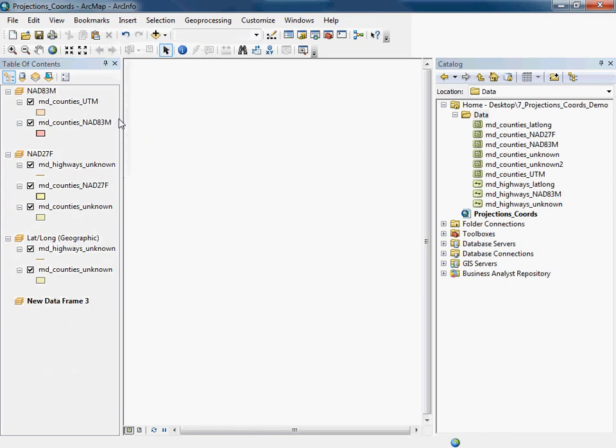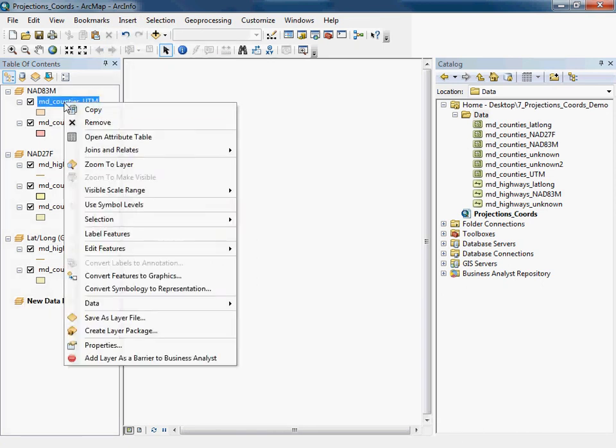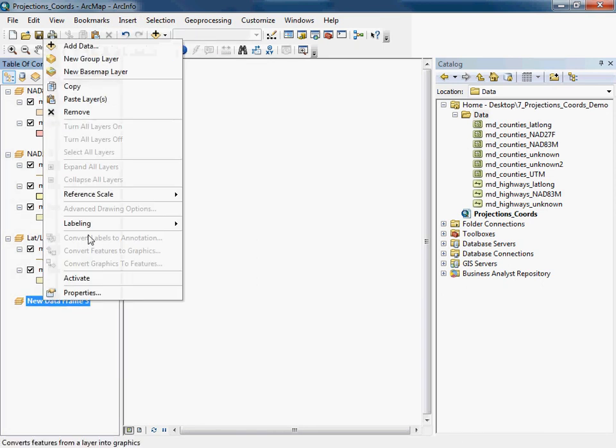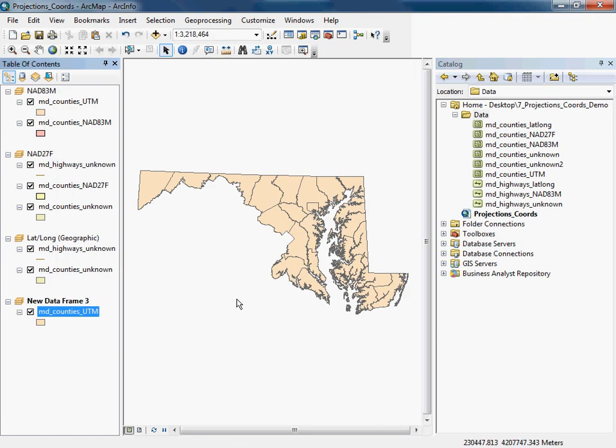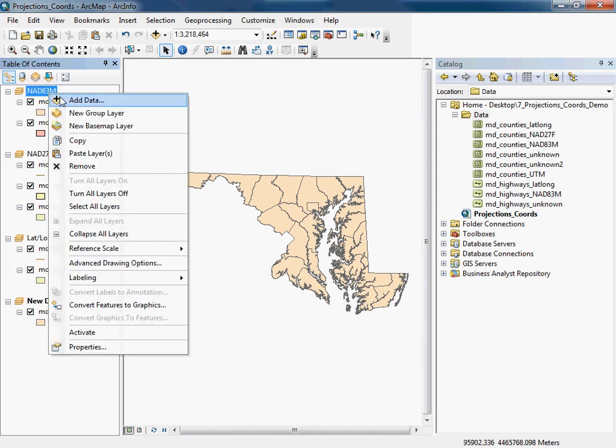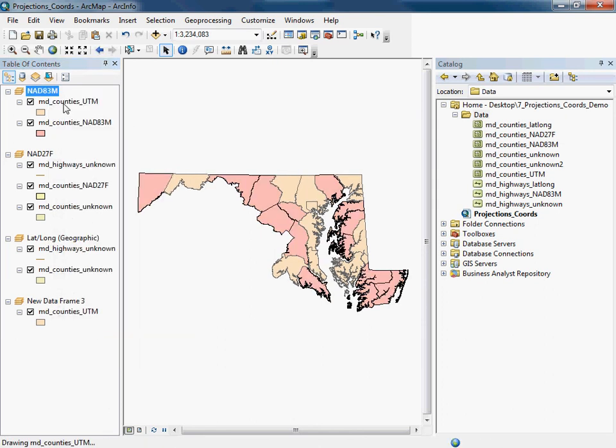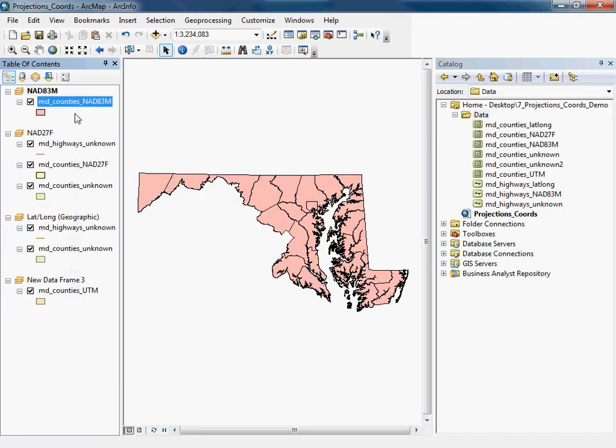But I can go ahead and insert a new data frame here. And when I copy that shapefile and paste it in here, you can see the shapefile takes a little bit of a rotation there. And you can see that the coordinates are different here. We're in the 200,000s, 300,000s in the Baltimore area. Whereas when we come back here and reactivate our NAD 83, I'm just going to go ahead and remove this guy. And when I mouse around here in the Baltimore area, I'm using a completely different coordinate system